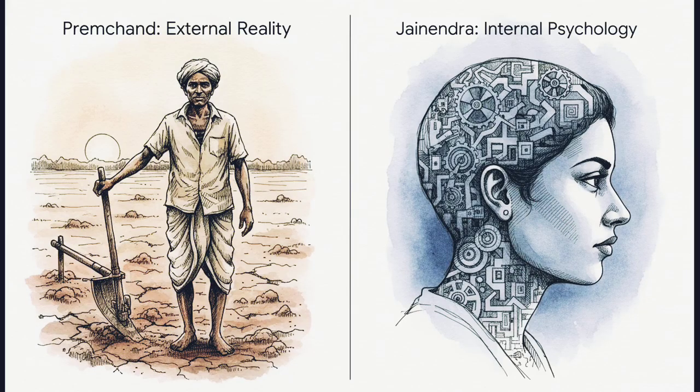While the poets were out exploring philosophy, modern prose writers were shifting the camera completely inward. Munshi Premchand, who is known as the Emperor of Novels, wrote Godan. He finally put the grinding poverty and struggle of the common Indian farmer on center stage. It became the defining epic of rural India. Meanwhile, writers like Jainendra pioneered psychological realism. They weren't focused on what was happening in society outside. They were diving into the intense moral and psychological dilemmas inside the minds of their characters.